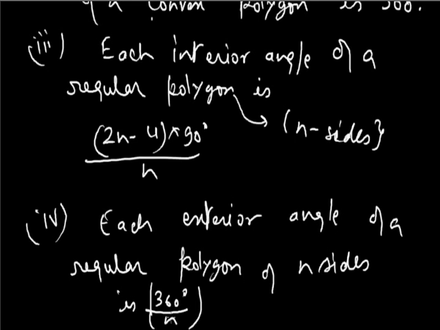So you can see that the sum of all the exterior angles of a convex polygon with n sides is 360 degrees. Now if that convex polygon is a regular polygon of n sides, then all the exterior angles are equal, and we know the sum of all the exterior angles is 360 degrees. So the measure of one angle is 360 divided by n degrees by the unitary method.